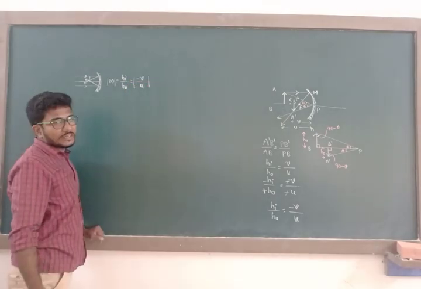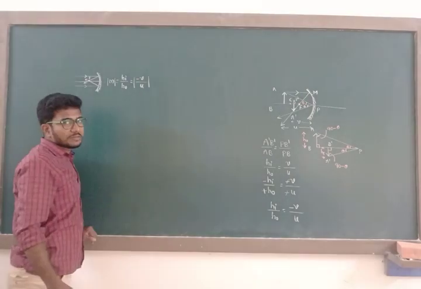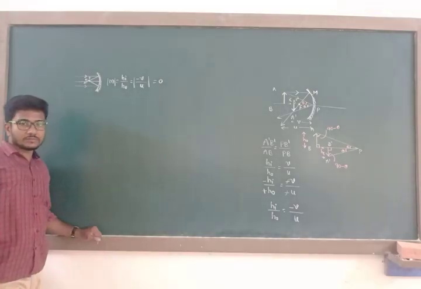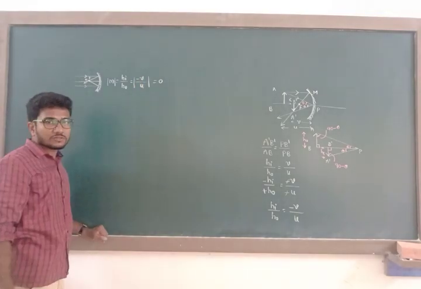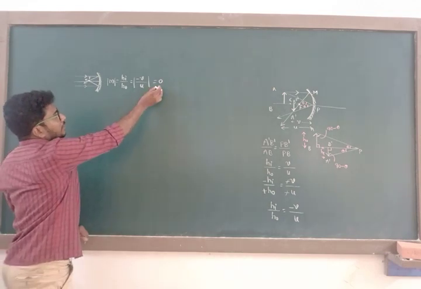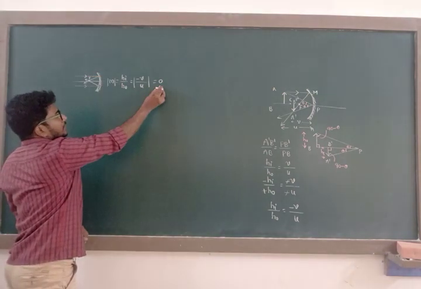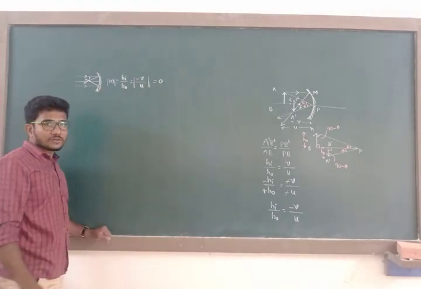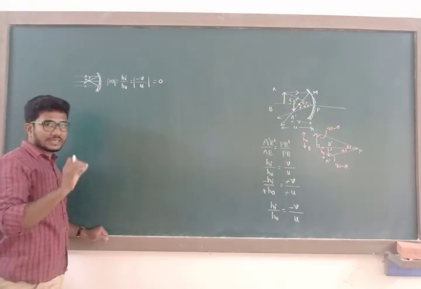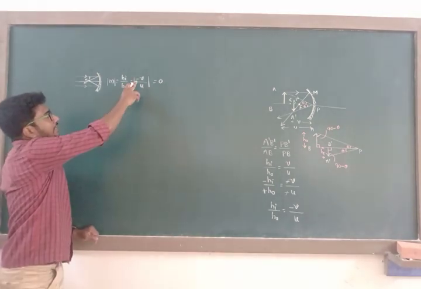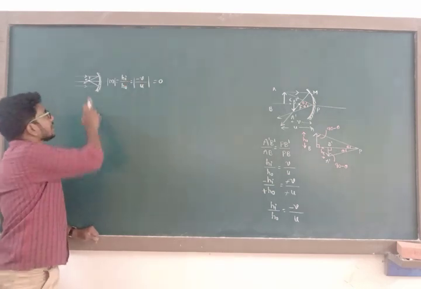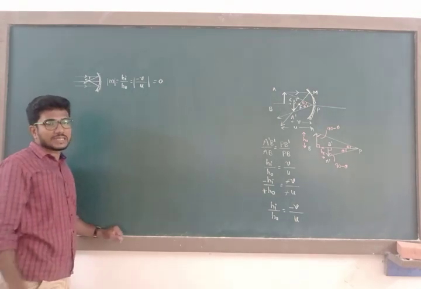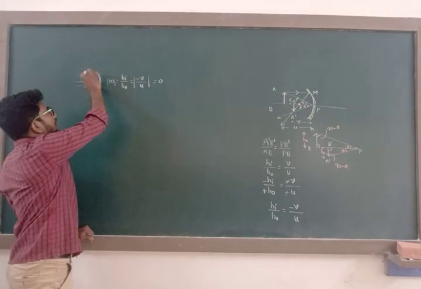U is equal to infinity. Therefore v divided by infinity, image distance divided by infinity, is equal to 0. Anything divided by infinity is equal to 0. This 0 represents that the size of the image is greatly diminished. When the value of linear magnification is 0, that represents the size of the image is greatly diminished. And here this negative sign represents that the greatly diminished image is real and inverted, because that image is due to a convergent beam of light.